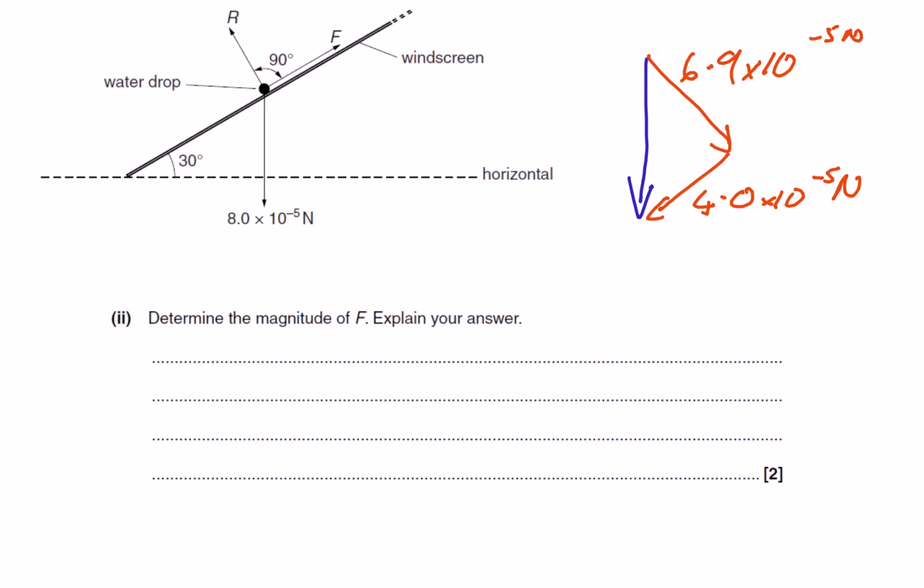And therefore the magnitude of F, well, F is also running parallel to the screen, so I would say that the magnitude of it is 4.0 times 10 to the minus 5 newtons, because the object is stationary, or the raindrop is stationary,